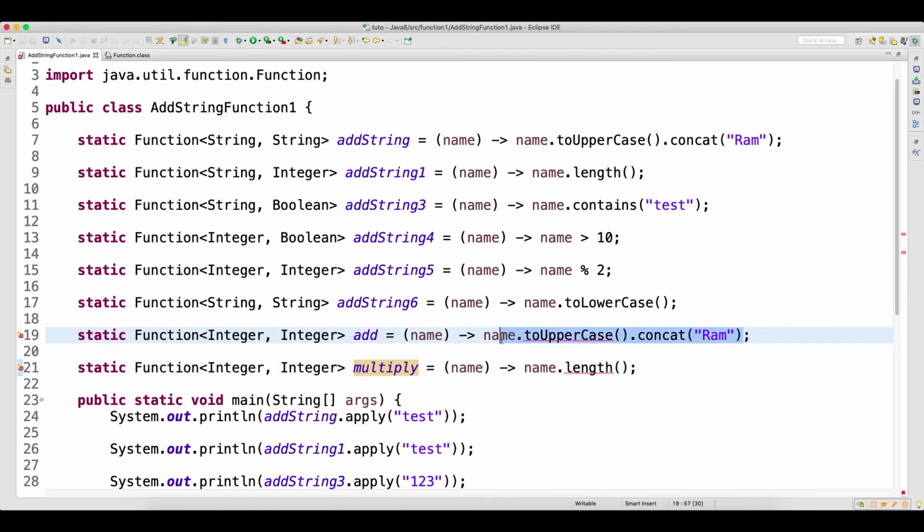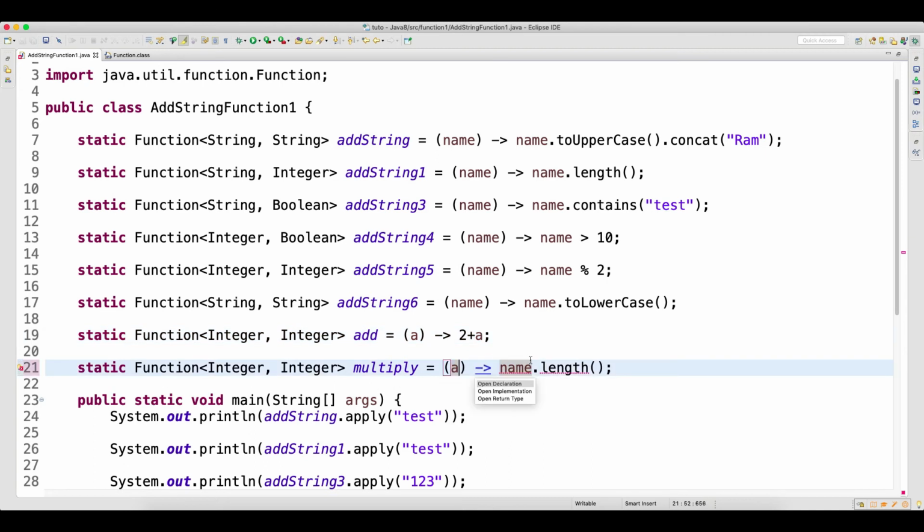So this guy will add 2 plus whatever input a. Whatever input comes to this function, it will add that, and this guy, whatever input comes to this, it will multiply.